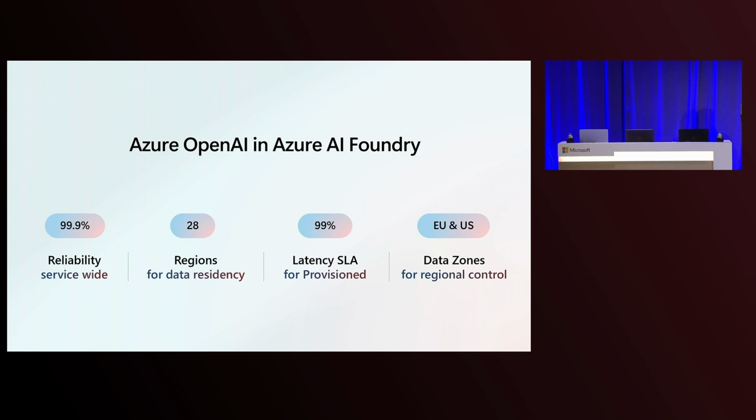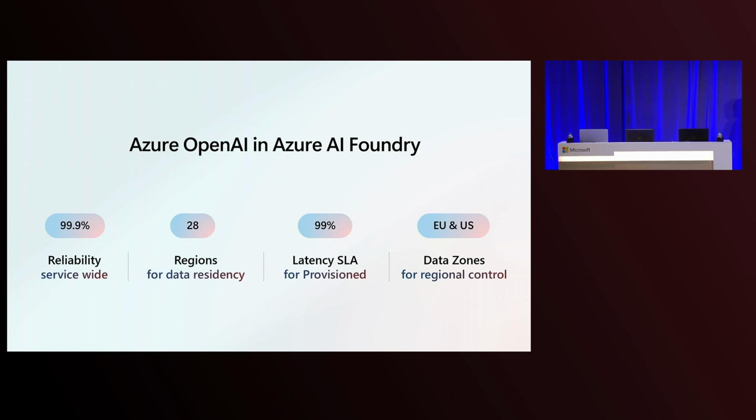We have guaranteed throughput with our provision throughput service with a latency SLA. That is guaranteed performance on our provision throughput service. That is the best service that you can buy for your highest scale workloads. And we also have data residency zones for the US and EU. This gives you the flexibility of being able to work across a large distributed area, gives you access to the most capacity, together with the constraints of data processing within European Union member states or within the United States, based on your business needs.